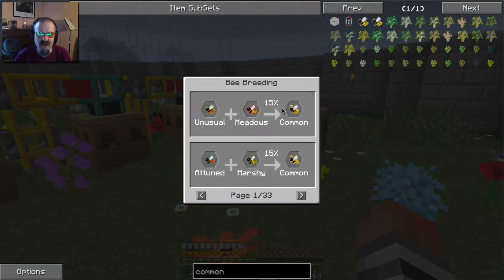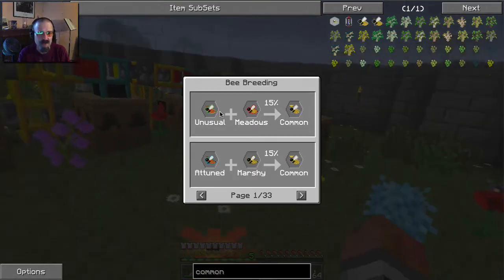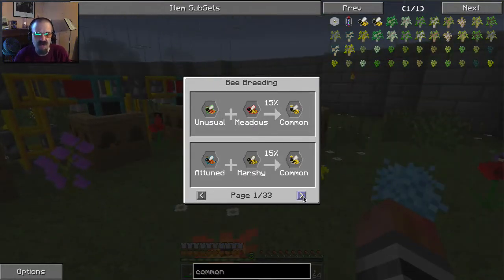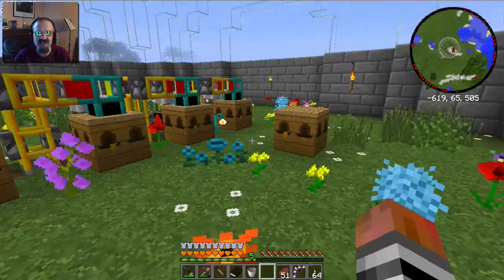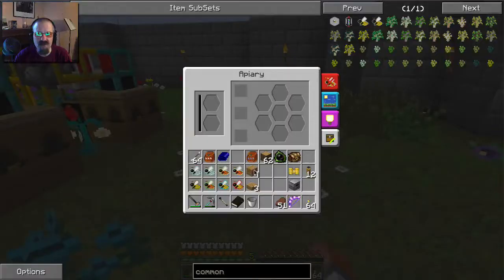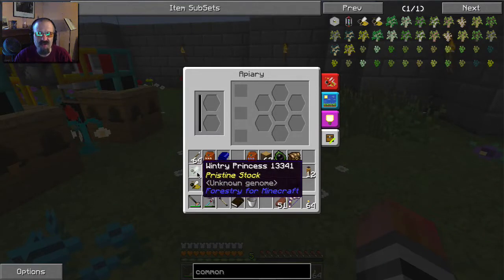But my understanding is common bees, you just take any two bees that you can find in a hive out in the wild, which are like meadows, forest, tropical, modest, unusual, attuned, marshy. I mean, they're right here. Sorceress, mystical, water. You put any two of those bees in, a drone of one and a princess of the other, and let them interbreed, and you have a 15% chance of getting a common bee. So what I'm going to do is put, and also I think it's better to use,